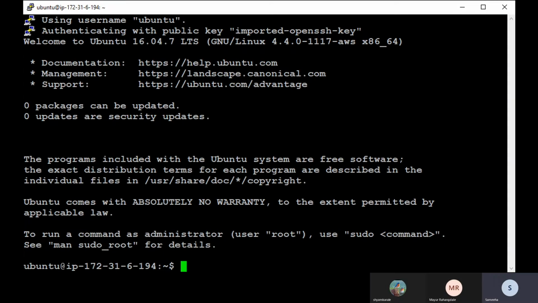So in a single node cluster, first we have to do passwordless login. For that we have to do SSH. So first we will do that.